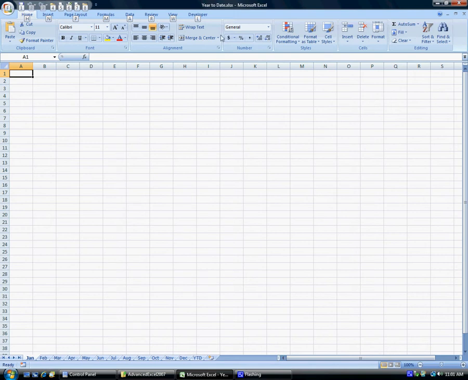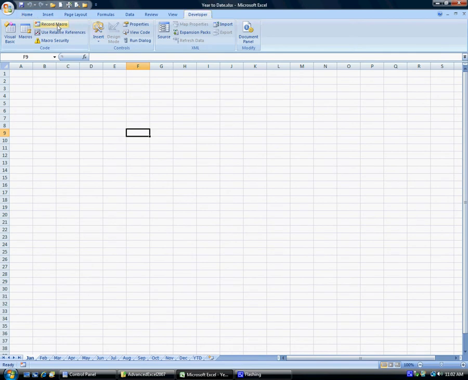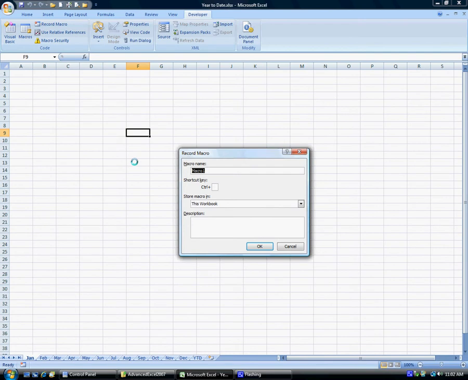First of all, make sure you're in a workbook called Year to Date and you're on the worksheet called Jan, and click a cell somewhere in the middle of the screen. Then go up to the Developer ribbon and click on the Record Macro button. We're going to call this macro Headings